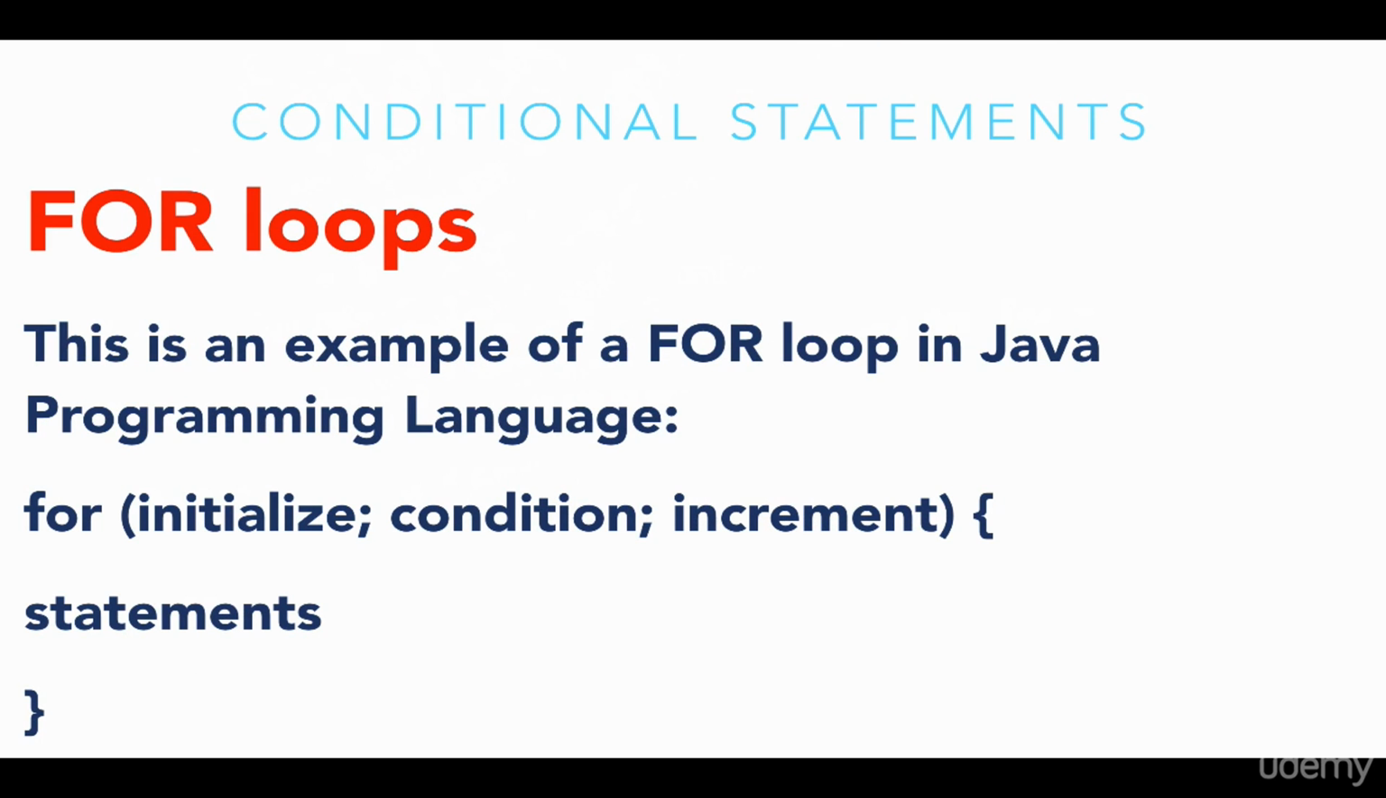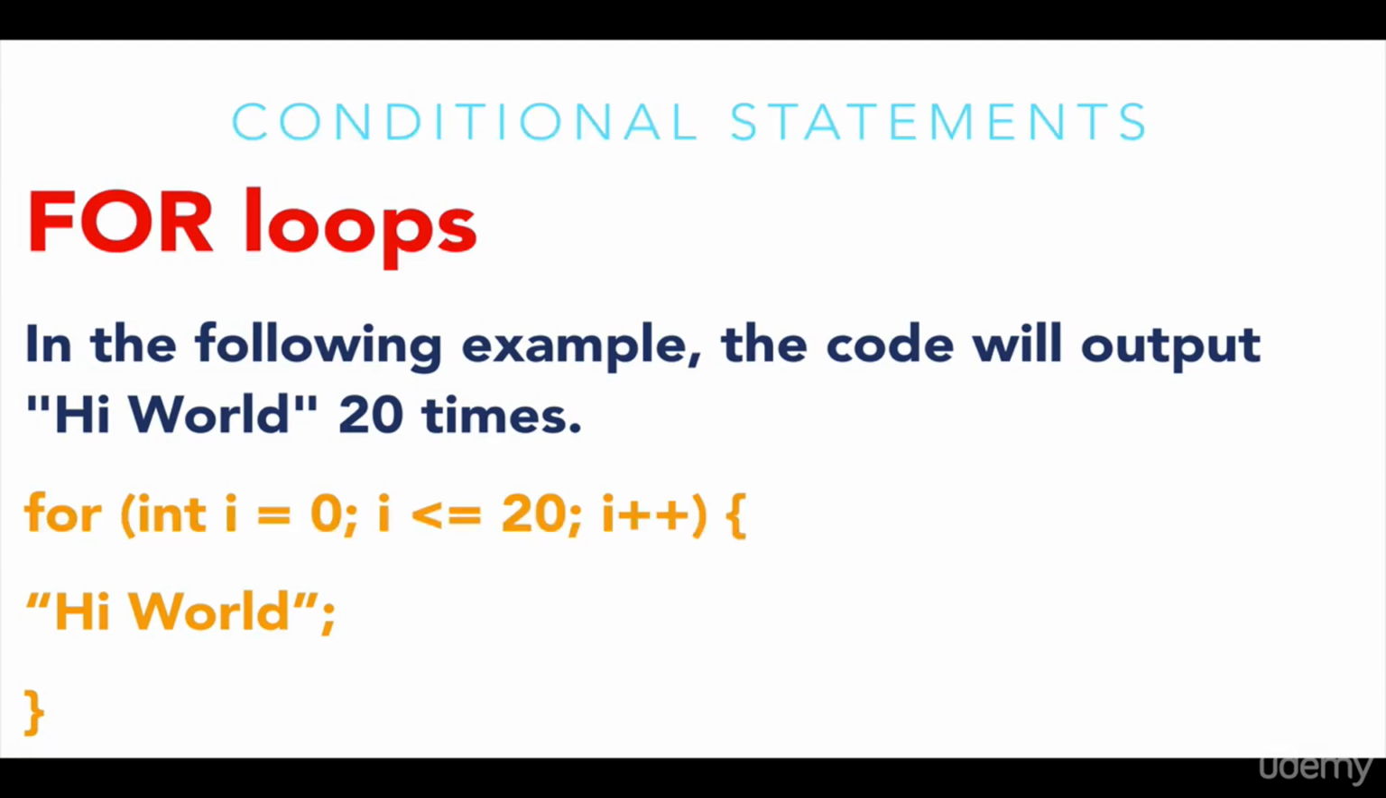First, we need to type in for, and inside the parentheses, we need to first put in our initialization code, semicolon, and then we need to specify the condition under which the loop will stop, semicolon, and then we need to specify whether we want to increment or decrement our variable. And then we use an opening curly bracket followed by a closing curly bracket, and then we put our statements inside these curly brackets. So now I want to show you a real example of how to use a for loop